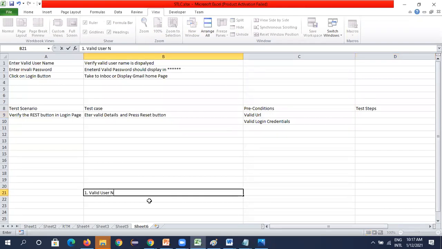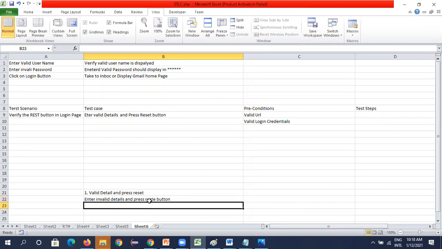We enter valid details and press reset button. Next, enter invalid details and press reset button. Then, blank user ID and password and press reset button.